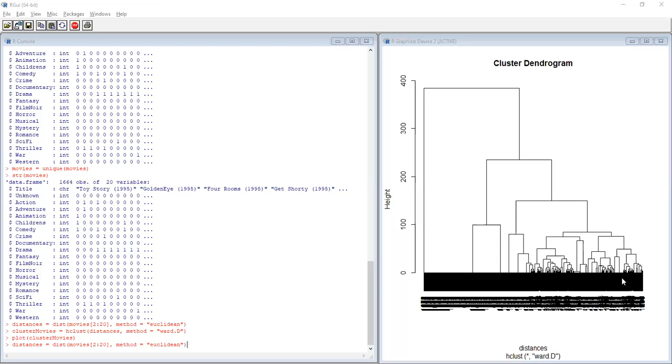How much data is there? 1664. Previously in the PPT only 5 data points were easy to see, but here a lot of data is there. That's why you are getting this much color. Starting from each data point as its own cluster, finally it ends as one cluster.